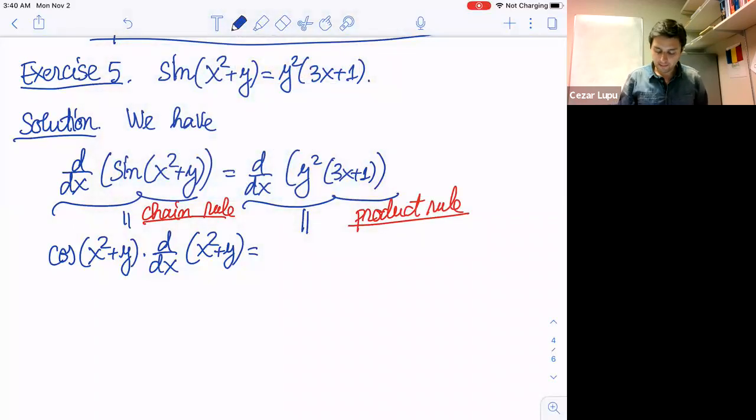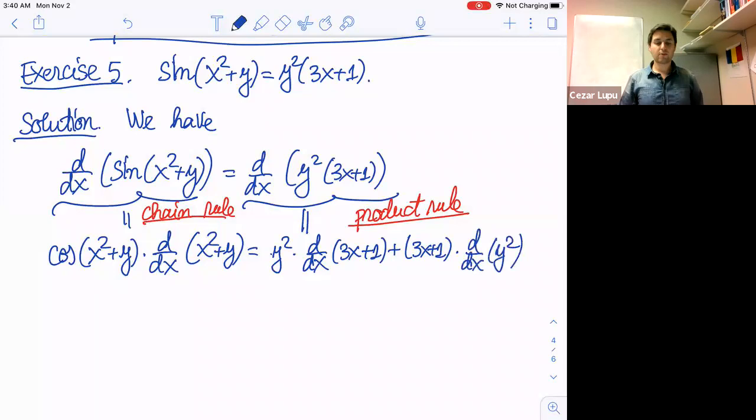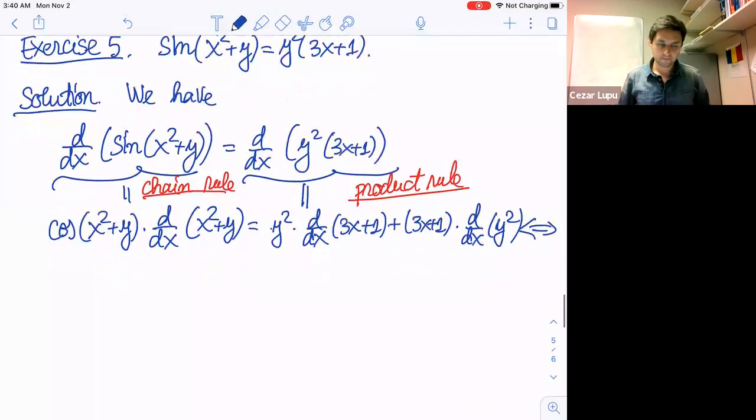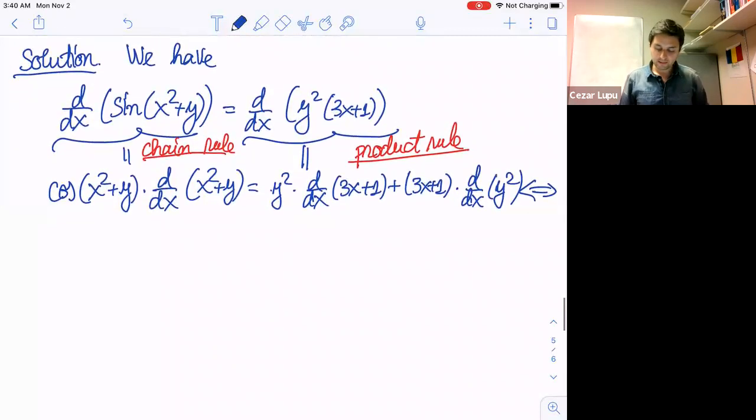This would give me, let's say, y squared times d over dx of 3x plus 1 plus 3x plus 1 times d over dx of y squared. And this will be equivalent with, as you can see, we applied the product rule, but now we will apply the chain rule here. Well, the sum rule and the chain rule is actually simple, but anyway, let's not mention this. So this would be cosine of x squared plus y times